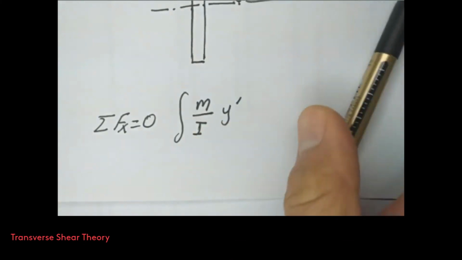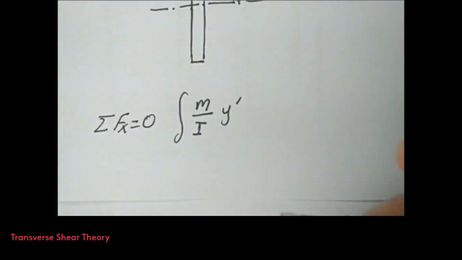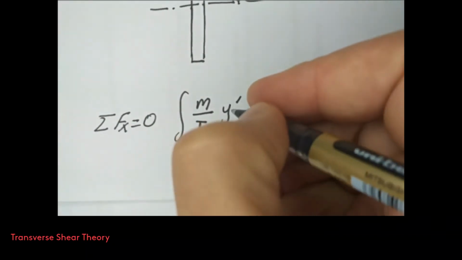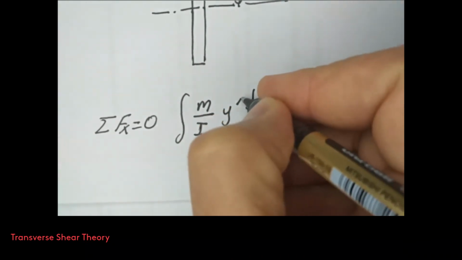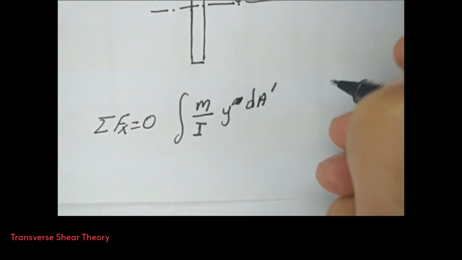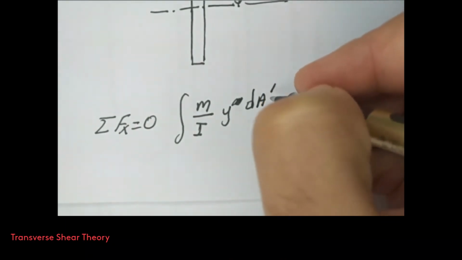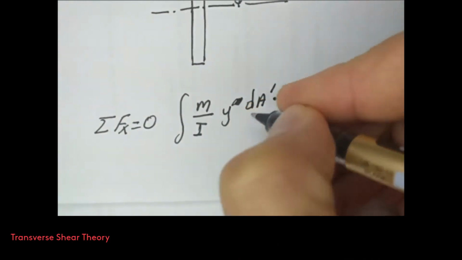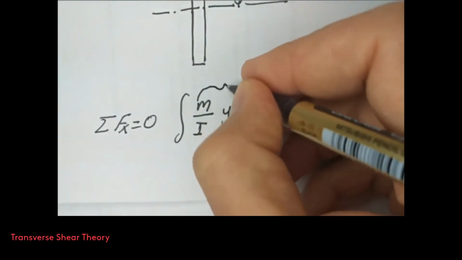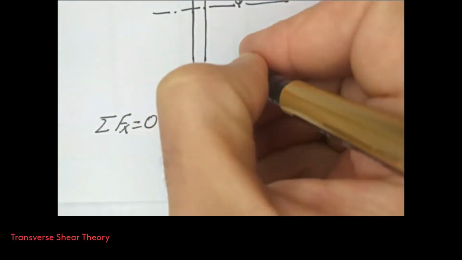Sorry, this is not y prime, this is y, the distance from the neutral axis. Okay, M y dA prime, minus, so this is the stress, this is sigma 2 prime,